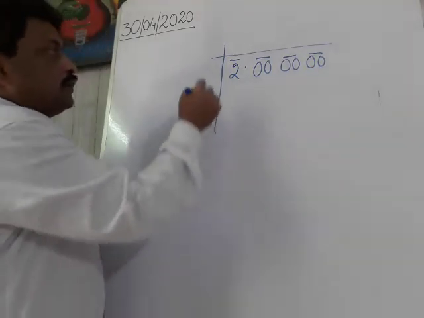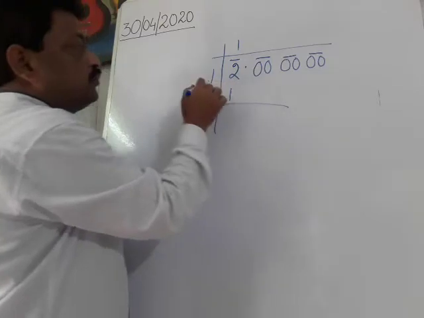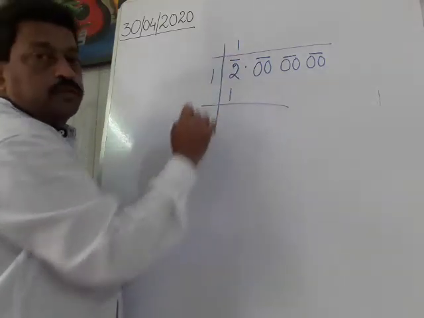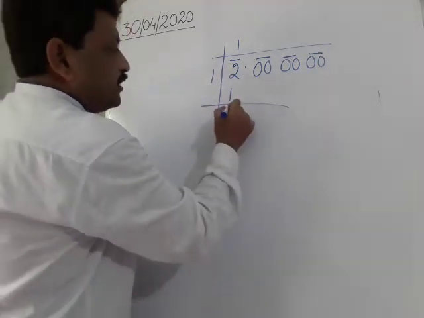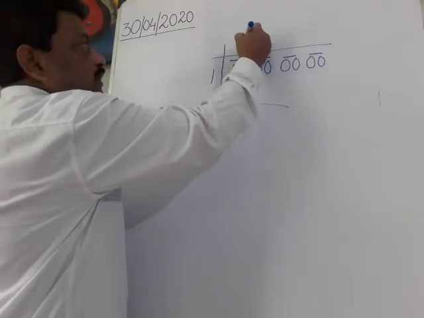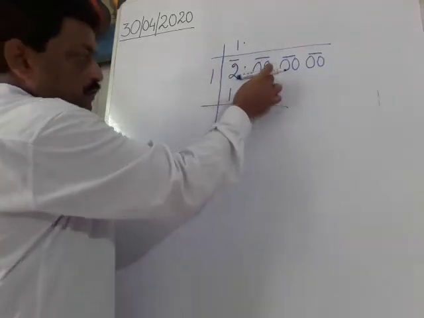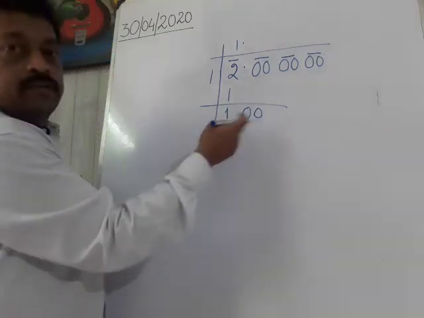So first of all, here it is 1 ones are 1, because I cannot take 2 here, then it will become 2 twos are 4. I have to make it a perfect square. So 1 ones are 1, remainder is 1. The integral part is exhausted, so I have to put a decimal. Then the next group will come down, that is 0 0. So now it is 100.